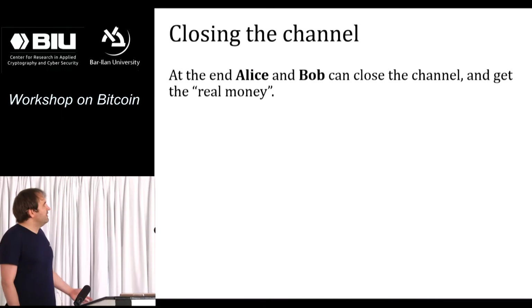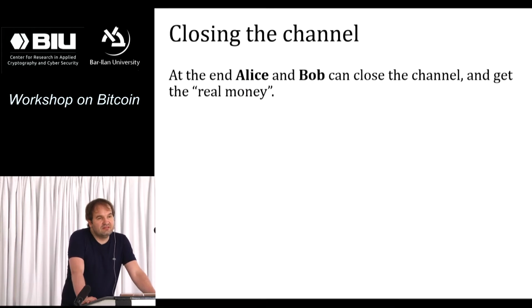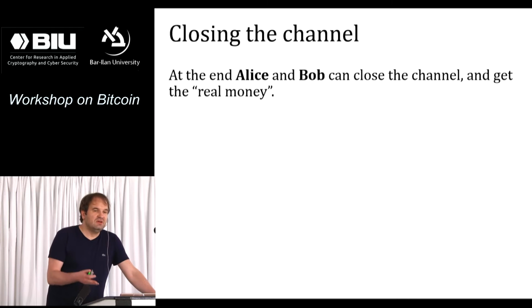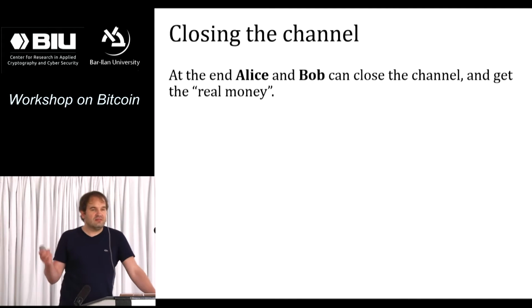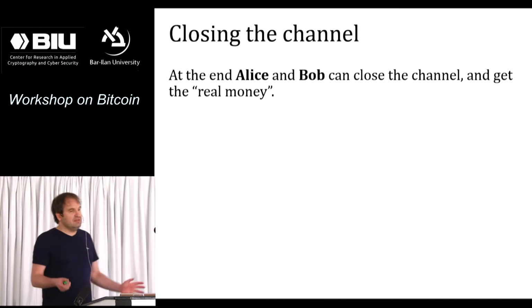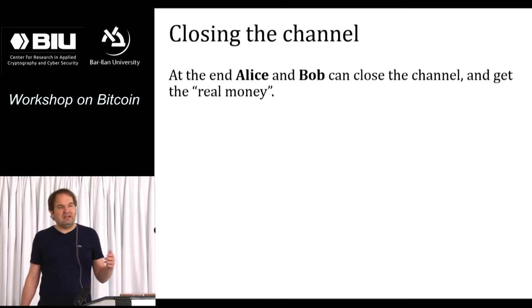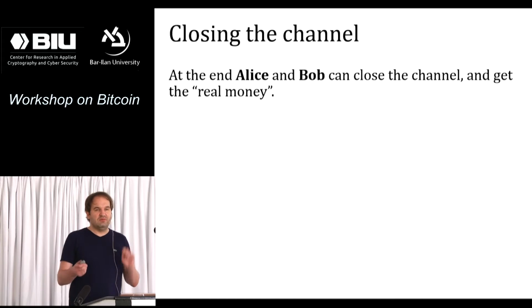And then once they decide it's over, they don't want to do business anymore, they can convert this state of the channel into real money. By real money, I mean Bitcoins. And this can happen either if, for some honest reason, they simply don't want to do business anymore. So for example, Alice was a customer and Bob was a newspaper, and Alice was reading articles on this news site and paying for every article, and then after some time she doesn't like this newspaper anymore, so she closes the channel. Or they can simply enter into some kind of disagreement. For example, they are angry at each other, Alice paid some micropayment for something and didn't get it,